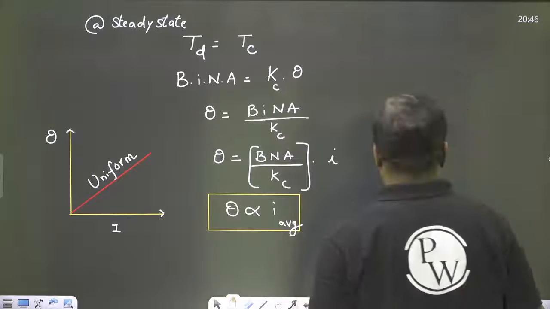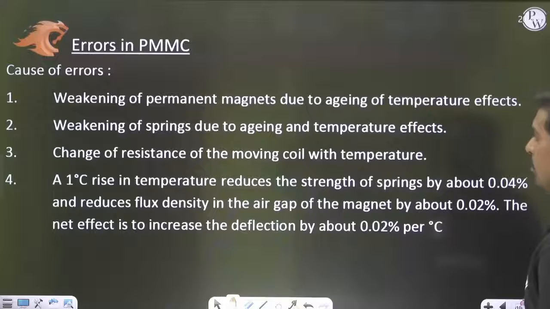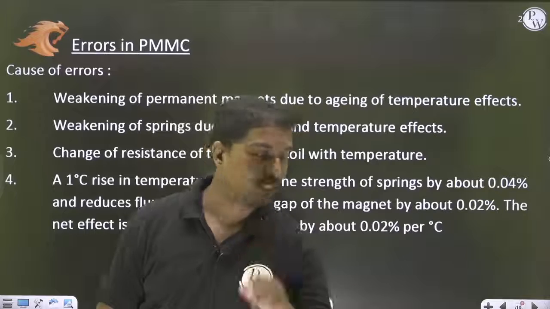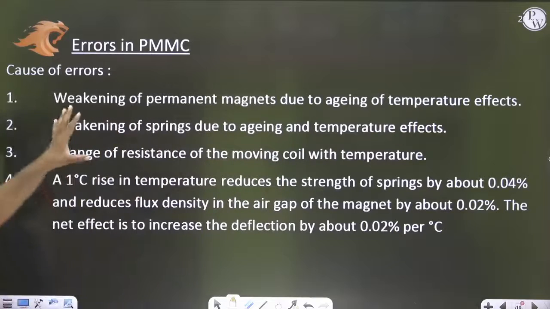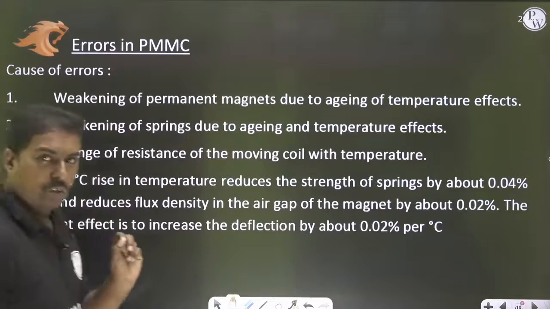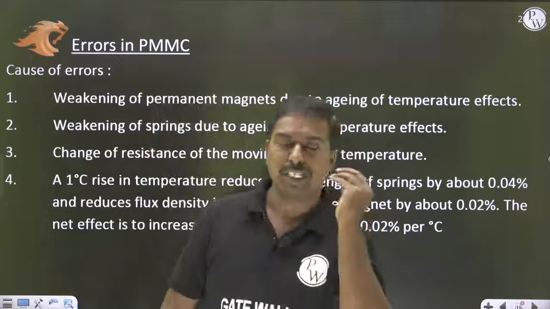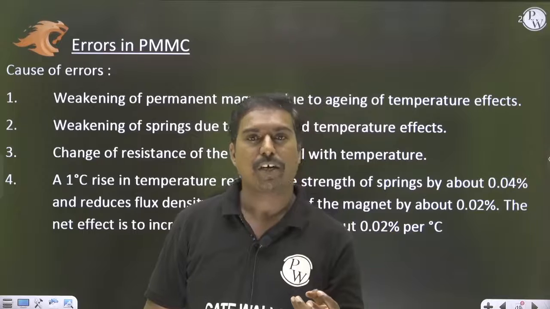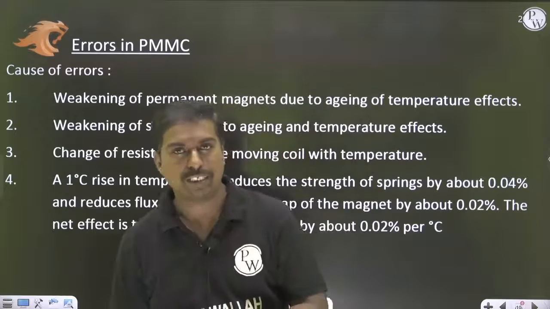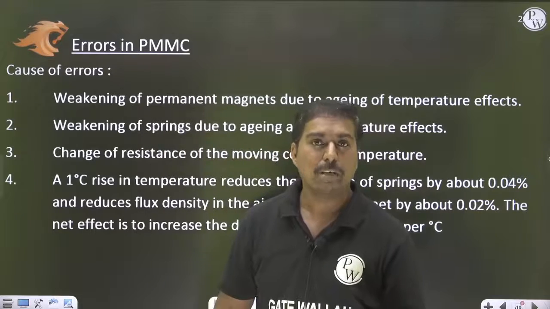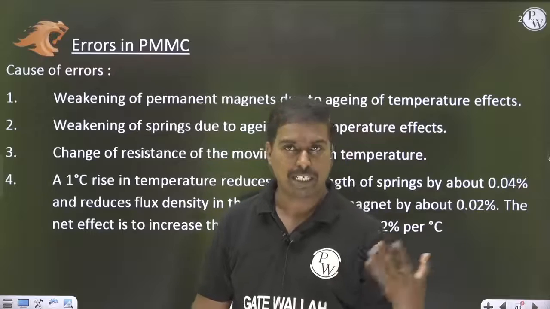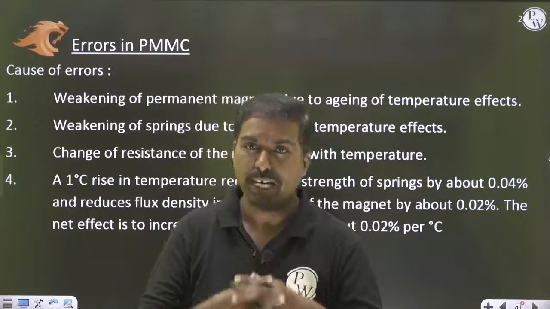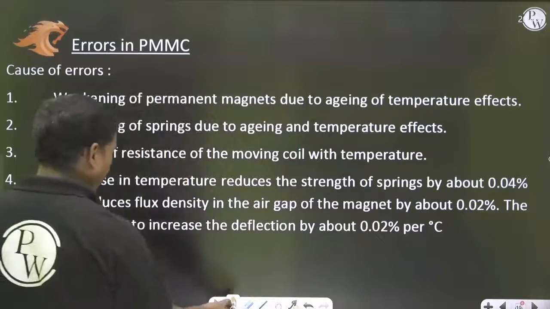Now, if you see the errors, this is most important. Every instrument has a certain set of errors. Of course, in GATE this theoretical part is very rarely asked, but I suggest it because a set of instruments are there. Today we are discussing the PMMC, next we will discuss moving iron, the dynamometer, and the energy meter. Each and every instrument has a certain set of errors. So if you see these errors,